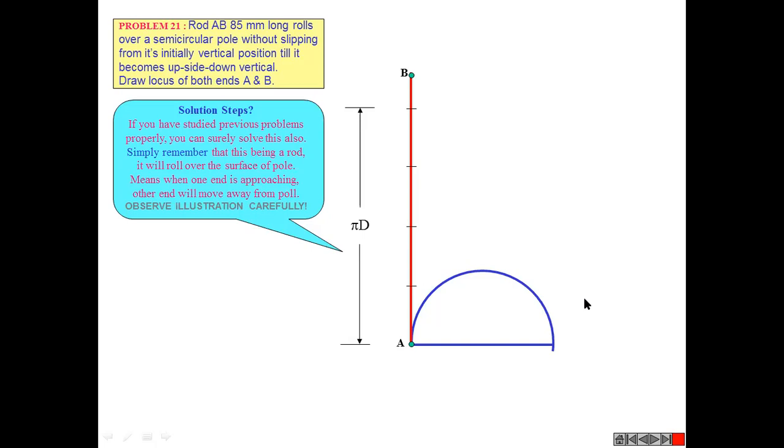You just try to understand. In this case, when this bar is horizontal, both points A and B will be in air. It won't be touching any part of the pole. Right now, point A is touching the semicircular pole, but point B is in air. Whereas in that case, the string is already in contact with the whole periphery. That's why we were dividing that thing. Right now we will have to divide this pole. And the distance of travel, that we know, is pi d. That's why we divided it into pi into d.